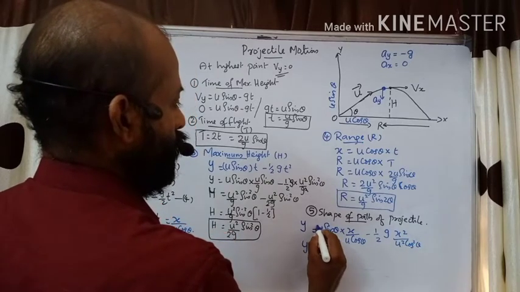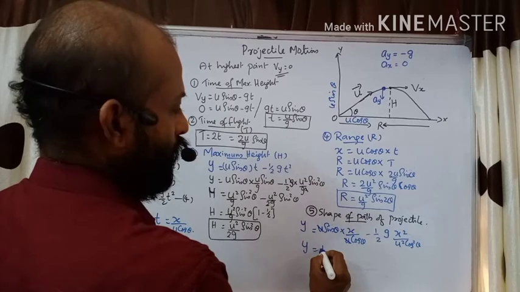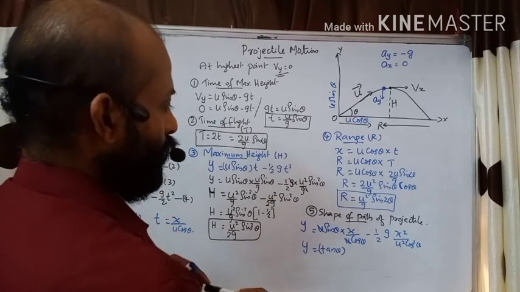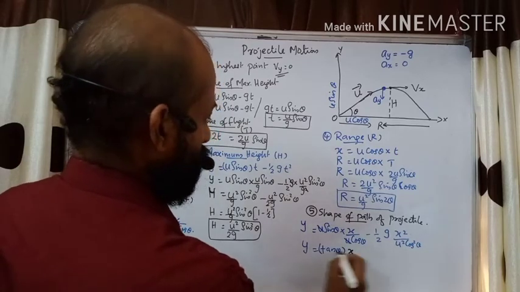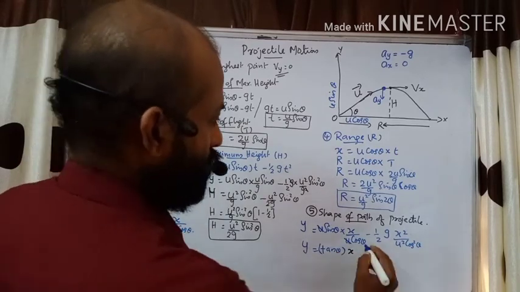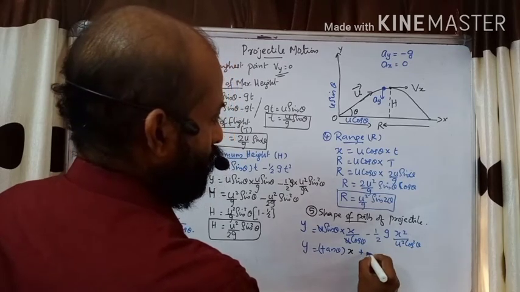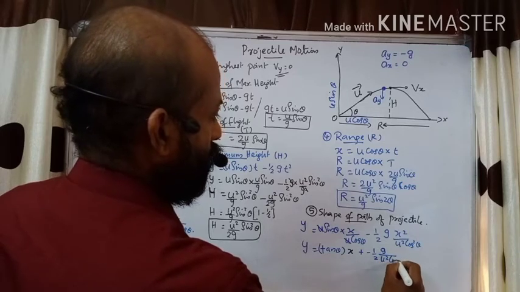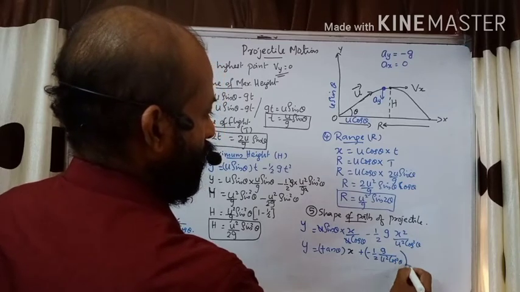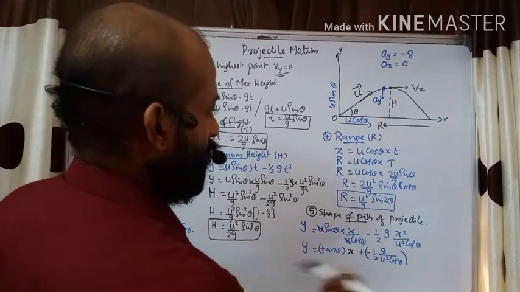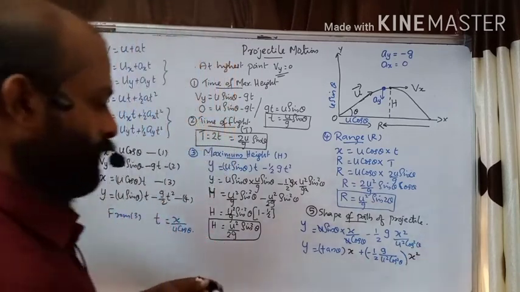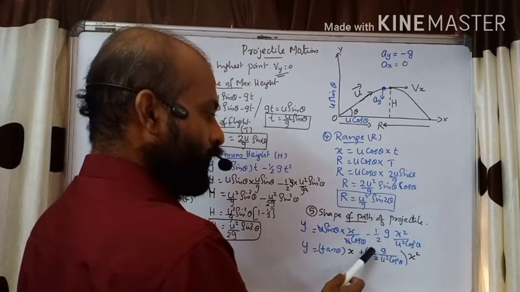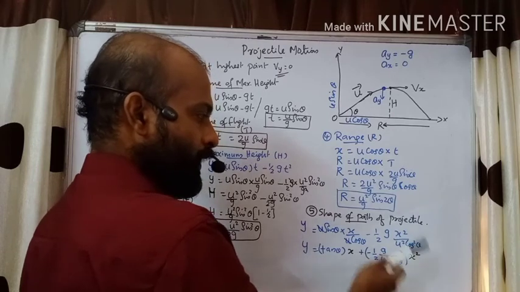Rearranging, y is equal to, u cancels, sin theta by cos theta is tan theta. So we get tan theta into x. I just rearrange here like this. I give a plus sign and minus 1 by 2 g by u square cos square theta. I put the entire term in a bracket and then write the remaining x square. So now a change in equation, minus 1 by 2 g by u square cos square theta, I have taken in a bracket and I have put the plus sign here.